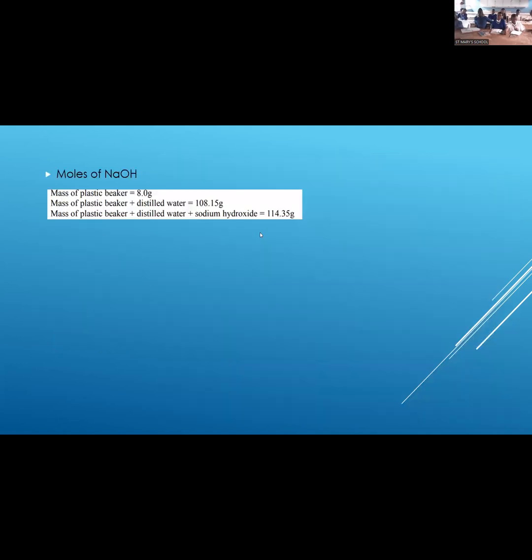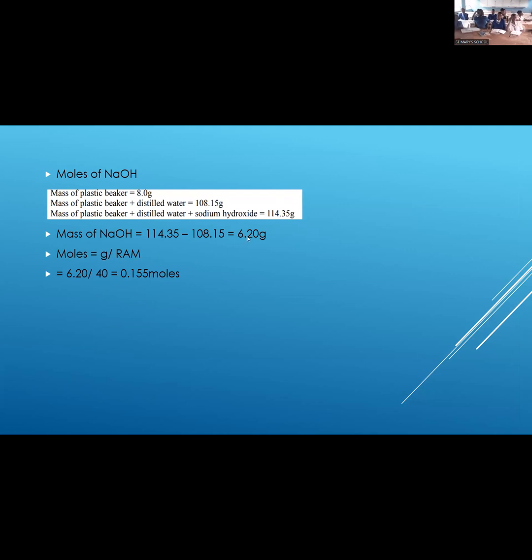So Q will be 17 times 100.15 times 4.18. So the moles of sodium hydroxide, well, there's the mass. It's there minus there. So it's 6.2. 6.2 divided by 40,